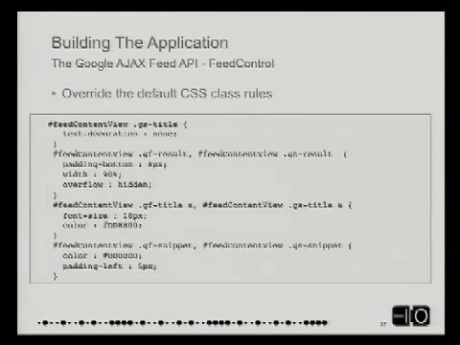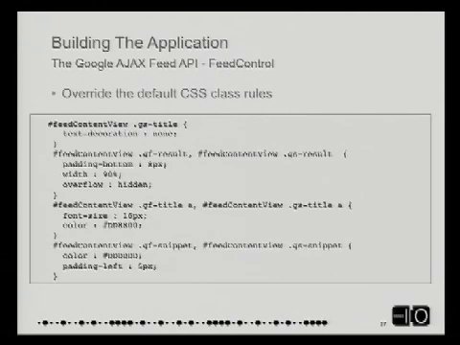The way you can do that very quickly is if you have a div or a container that has an ID, which is the pound syntax up there. If you say pound feed content view GS title, that means any GS title that's found inside of the feed content view will now take on these CSS rules. So we want to get you 85-90% of the way where you want to get to, but we never want you not to be able to do what you need to do. Sometimes you have to learn the tricks to do that, and I would imagine everyone in here already knows all these. I didn't when I first started.